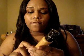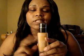It's so light, it's kind of mousse-like. This one is a lot thicker. This one's almost like light with mousse, but overall they're very, very light. This one does have SPF 15 in it, but I still use my moisturizer that has like SPF 30 in it. I love this, but I did actually try to find